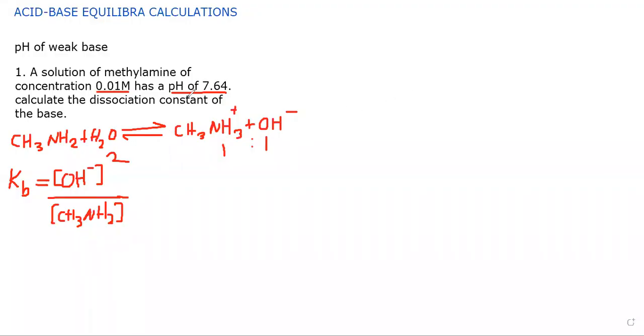Right. So it's a pH of 7.64, and they want Kb. So to get Kb, we need the hydroxide ion concentration. So if you have pH from part 1, we know that we should antilog the pH to get the hydrogen ion concentration. So what we want is the hydroxide ion concentration. So there's two things you could do. All right. So let's start. So we know that pH